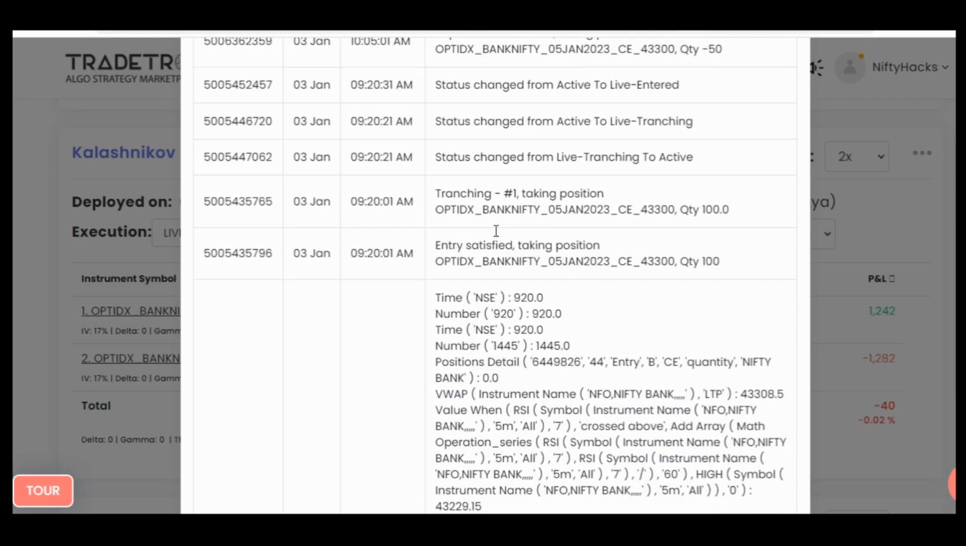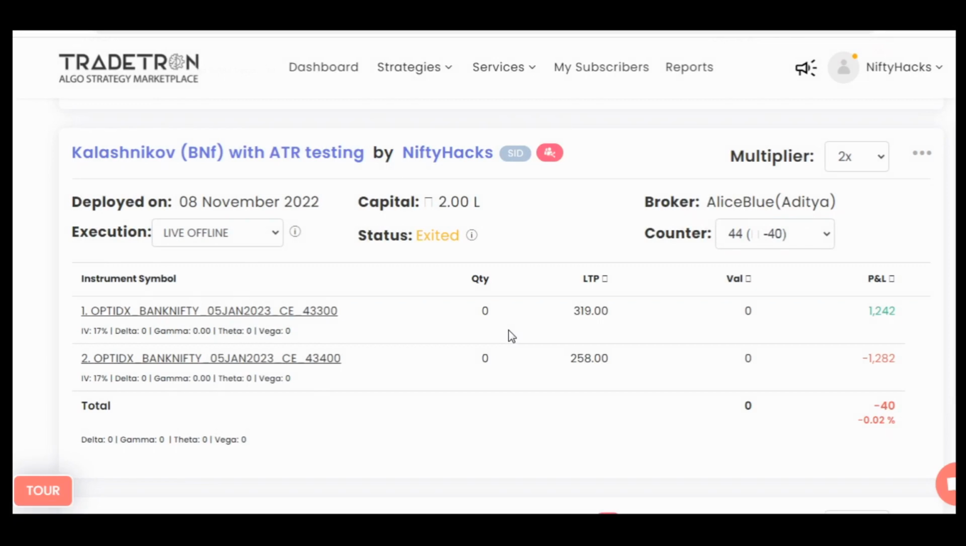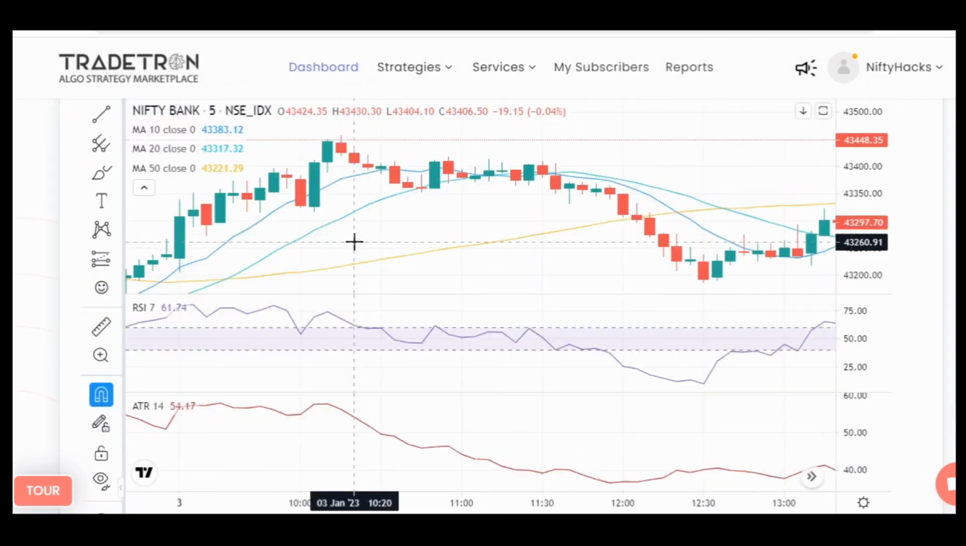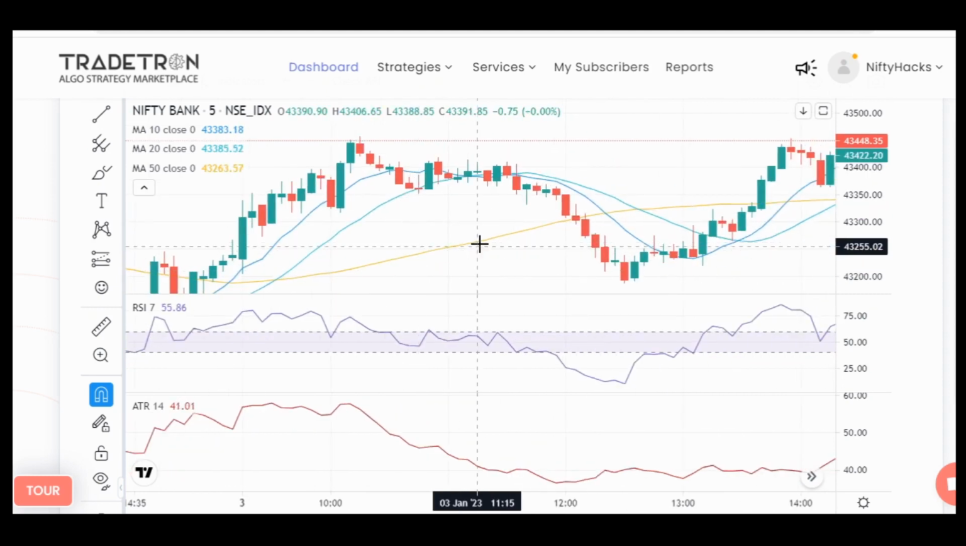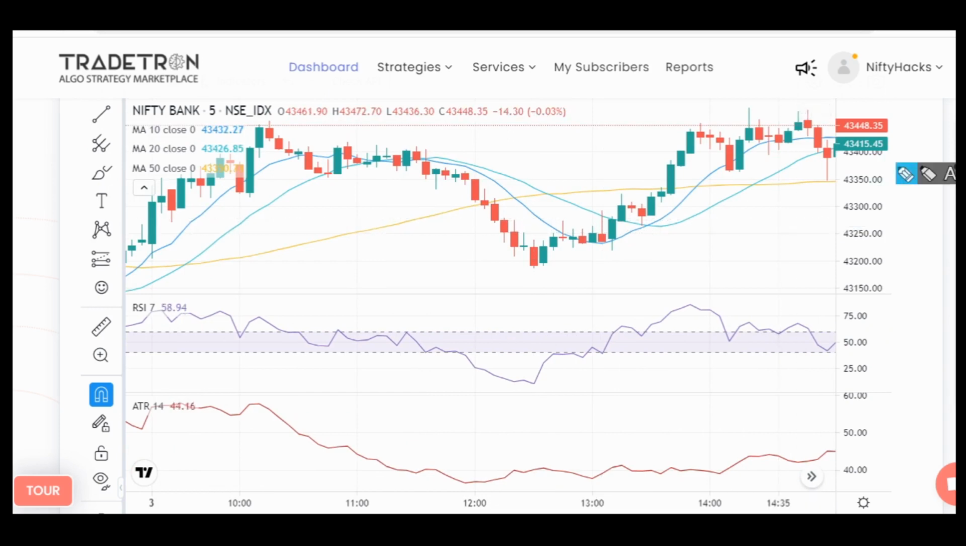So that's why I always tell people to check notification logs first. Most of the data is there. Now another thing which I wanted to share with you guys is why our put entry didn't get satisfied, because we have kept the condition that whichever candle cross